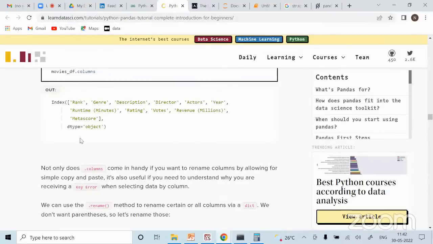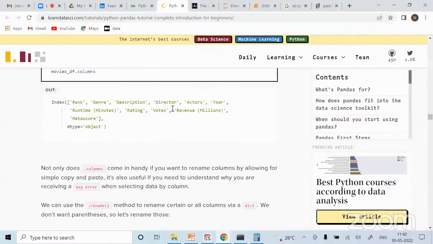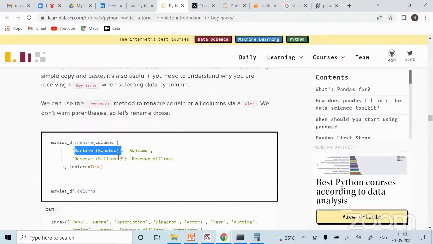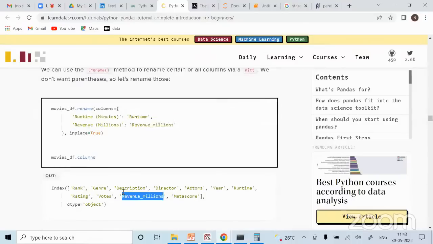Likewise you can check, then column cleanups होता है. Likewise you can check what the column names are, simply from the data frame, right? You can rename them. तो rename में आपको dictionary देना पड़ेगा that what is original and what you want to change, right? So for example पहले आपके में revenue millions था and runtime minutes था. तो आपको runtime minutes को simply runtime में करना है, revenue millions को इस तरीके से करना है. So now your column name has changed. So all you have to give is your old column name to a new column name. That's all, in a dictionary format.